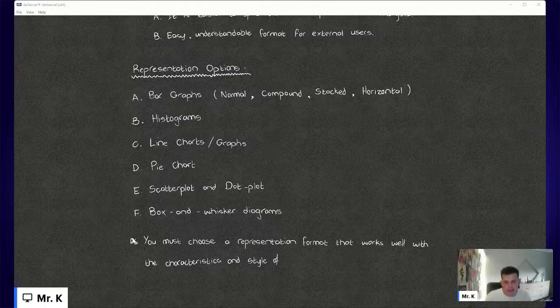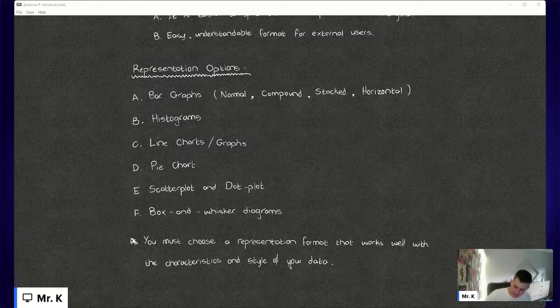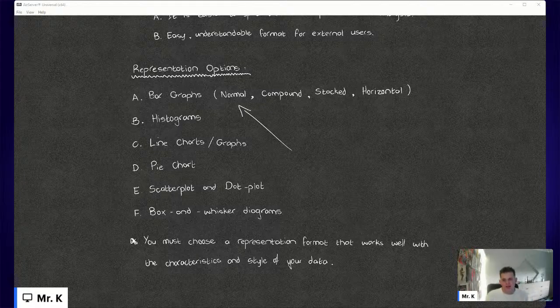Okay. You really must choose carefully. For example, guys, it would be a bad idea to pick bar graphs when we want to represent continuous data, right? Remember,